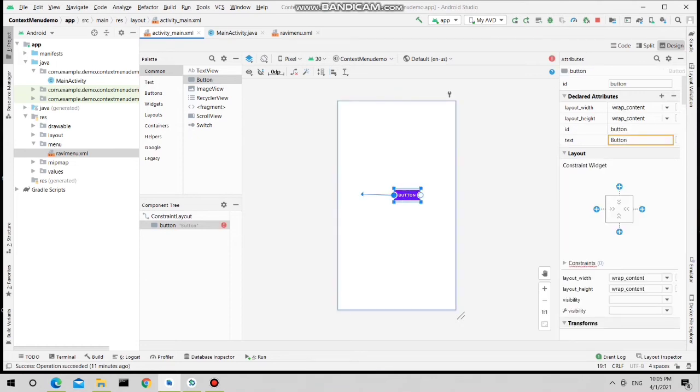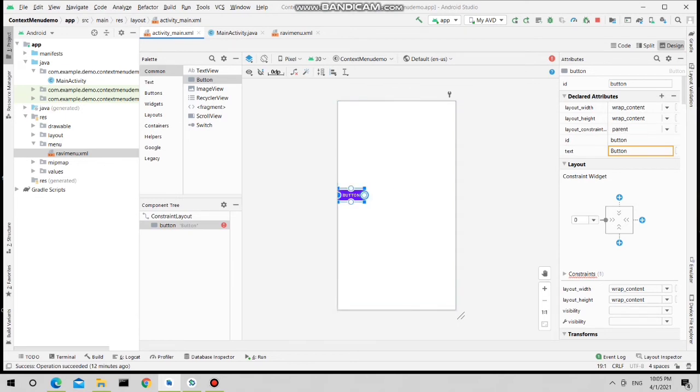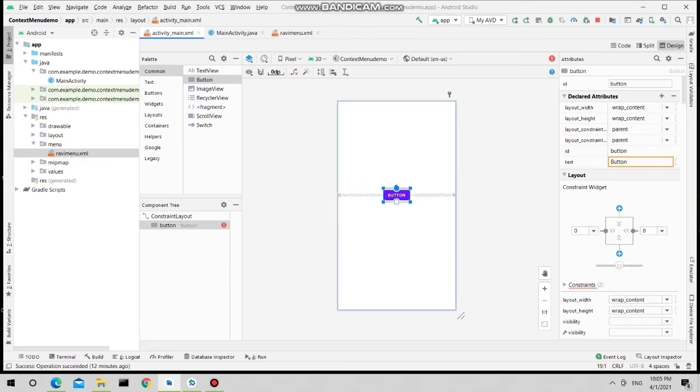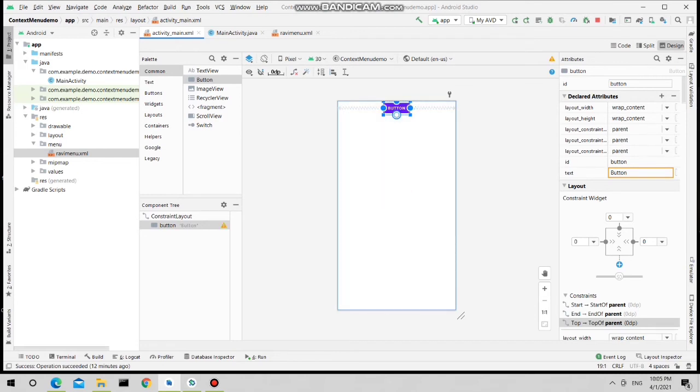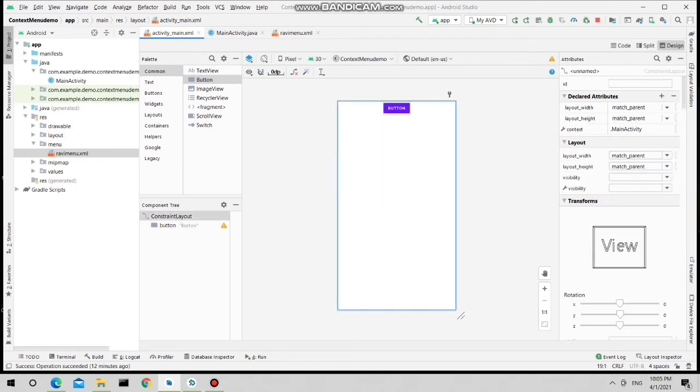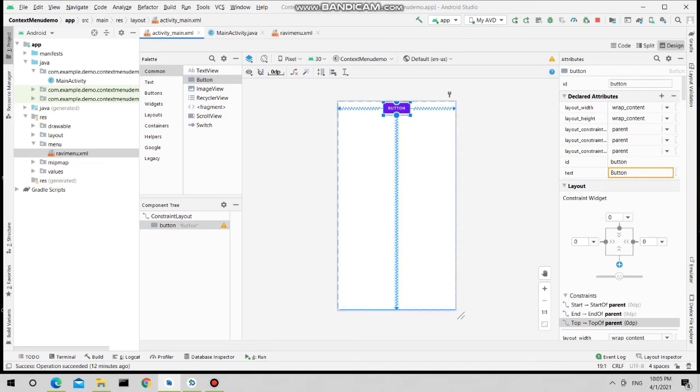So just set the constraint. I am going to attach our context menu to this button, that is whenever the user long presses on this button, then the context menu will be displayed.